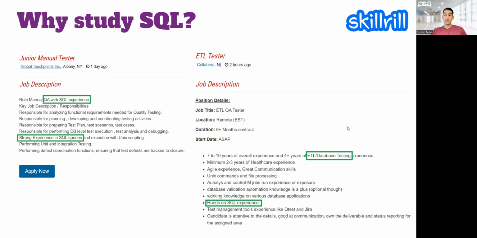So keep that in mind. And there are so many resources available on the internet that are related to SQL. Work on them, watch those videos, rewatch the same recording that we will share, and then practice your SQL